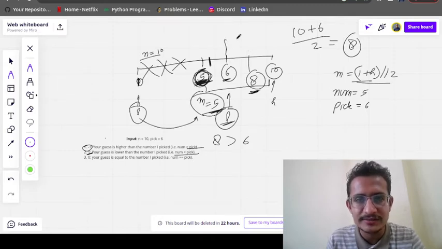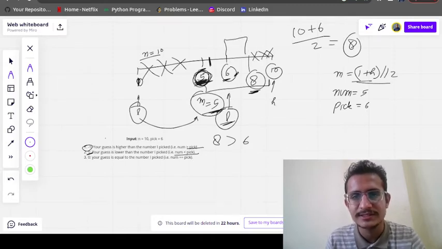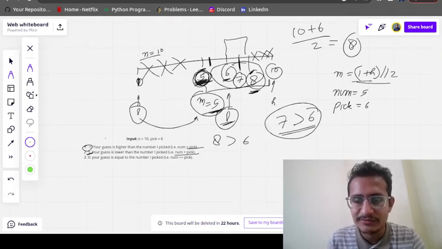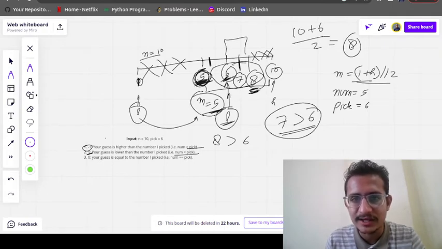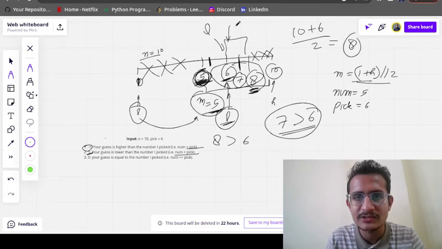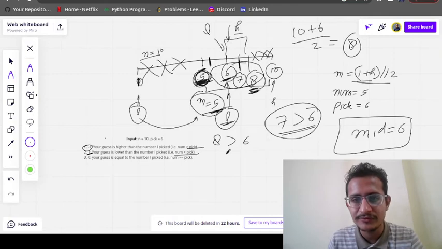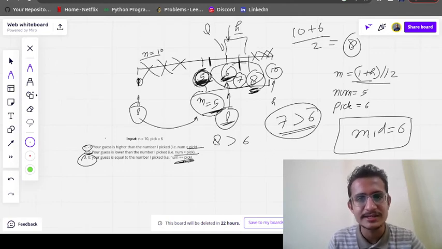So we need to search in this range. There is no case for this range. So we will search in 6 to 8 and find the midpoint, which is 7. Now it will check that 7 is again greater than 6. So we will shift our high to mid -1. So we reach lower at 6 and higher also at 6, so mid is also 6. If we send 6, 6 is equal to the pick number, so it will return 0. So we will get our answer as 6. I hope the approach is clear to you.